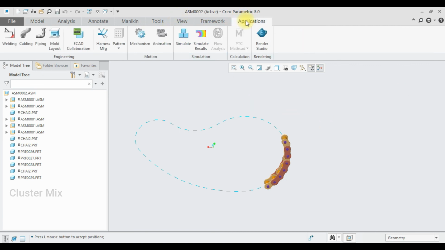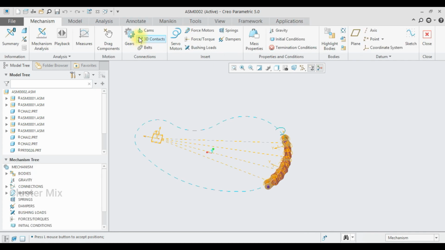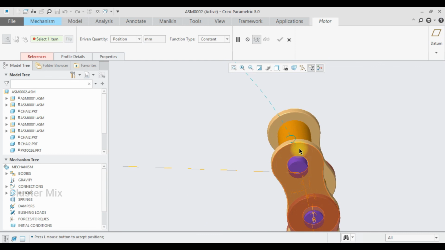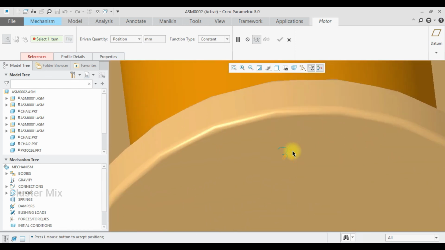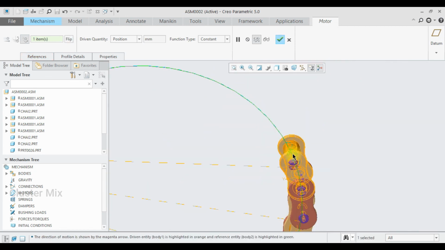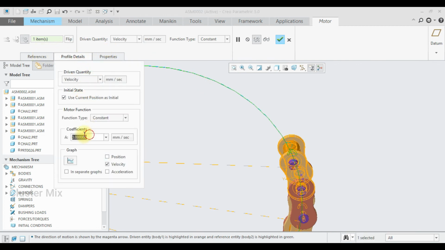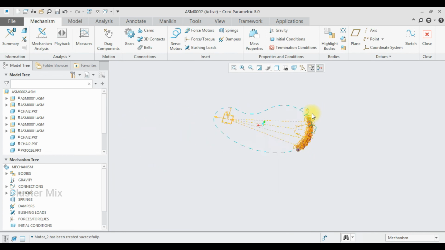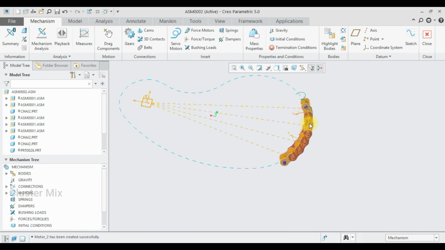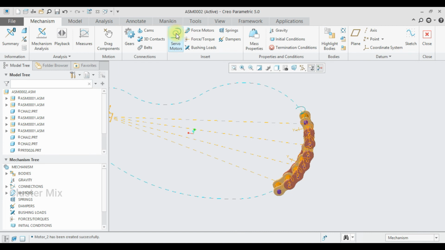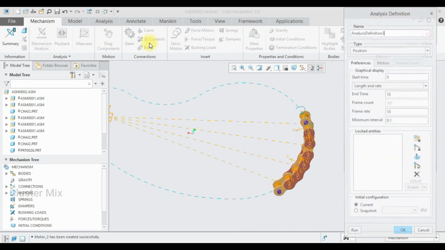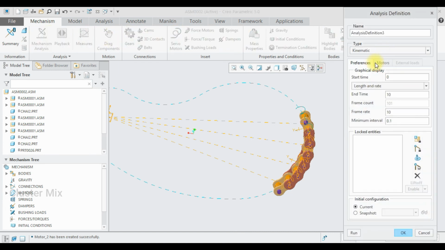Here I'm going to select applications, mechanism, and here I'm going to apply the servo motor connection. Let me select this locked connection one. And in the profile details, I'm going to make this a velocity, and here I'm going to enter a value of 20 and then give a check mark to it. And I'm going to run this one by selecting the mechanism analysis, and here I'm going to select the kinematic analysis,